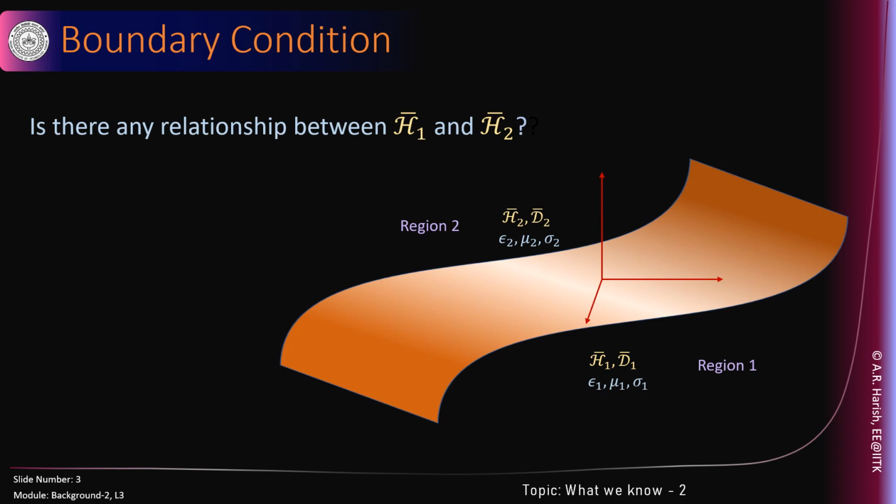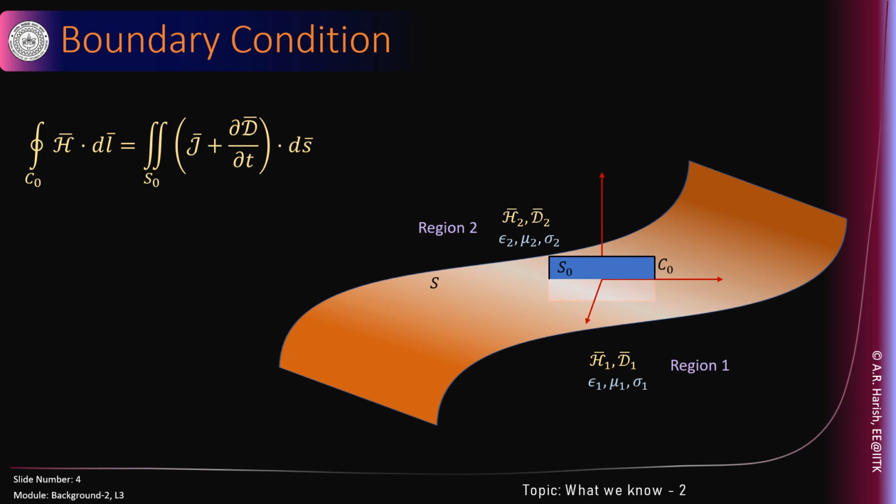In order to answer this question, we go back to Maxwell's equations. That is our foundation. So which equation? Ampere's law: closed integral H dot dl equals surface integral of J plus del D by del t dot ds bar. And in order to apply this equation to the given problem, we have to identify S naught and C naught.